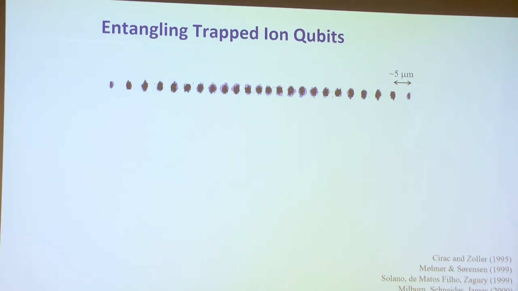So how do we entangle these atoms? Well, the qubit is stored inside the atom. In a sense, it's sort of like the spin of the atom. It's a pair of hyperfine states. So it's the magnetic dipole of the atom, if you want. You can think of it that way.